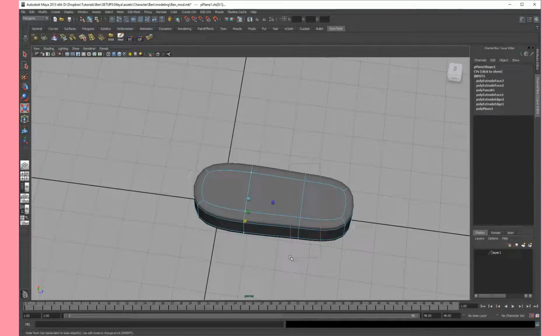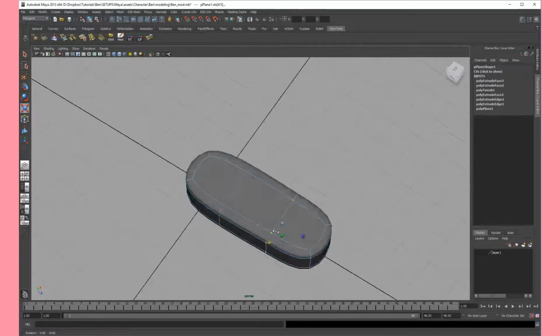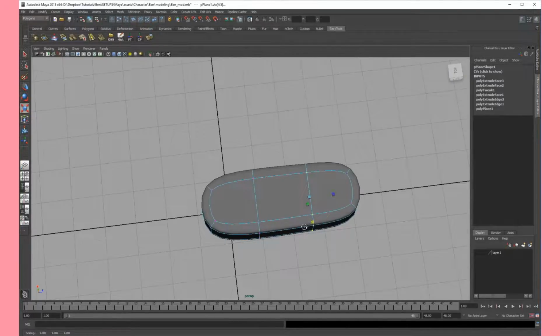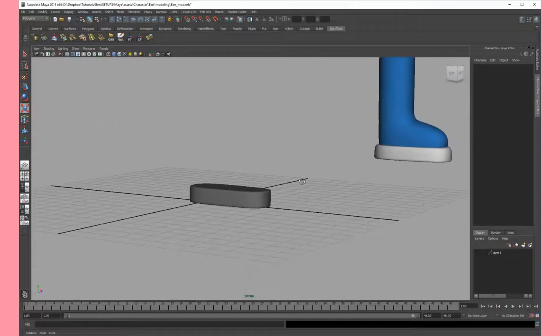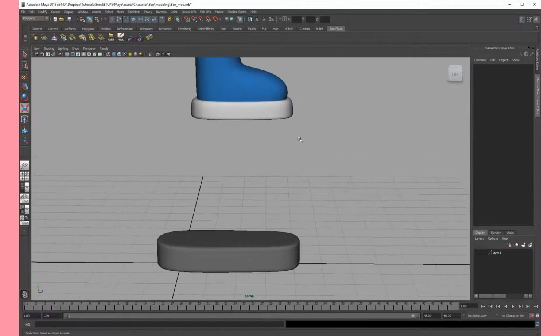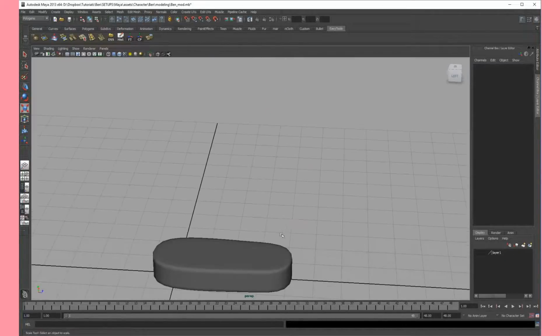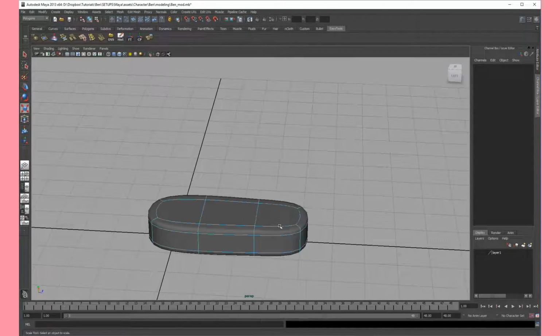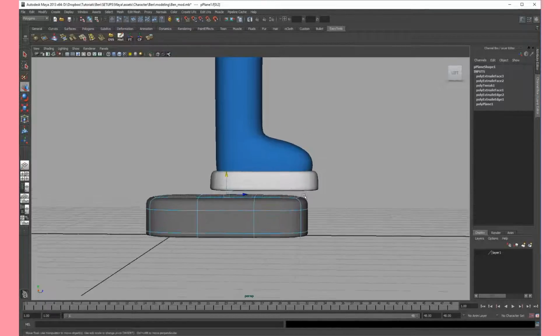I'm going to do the same thing. Just going to drag a selection, and I'm just going to click on this yellow one. I'm just going to shape the geometry a bit, a little bit more here. And we go back to object mode, and that's nice. So as you can see here, this is a little bit sharper and this is a bit more round. So I'm just going to go to face mode, going to select these 3 faces again. I'm just going to move them up a bit,